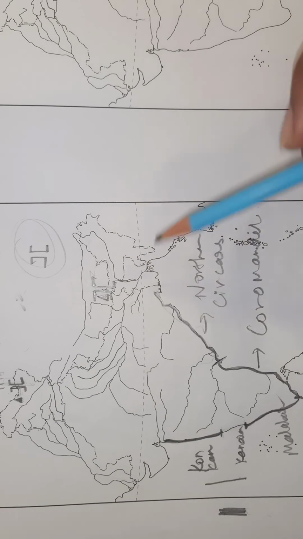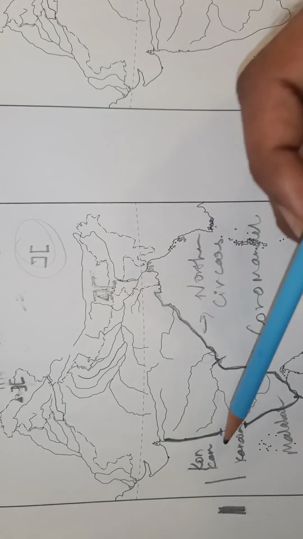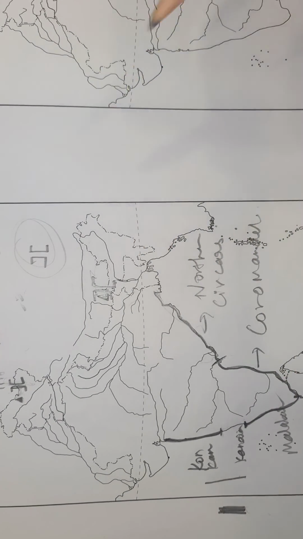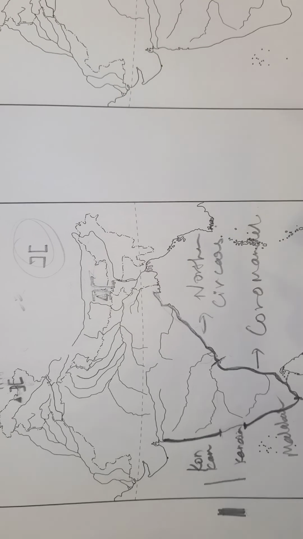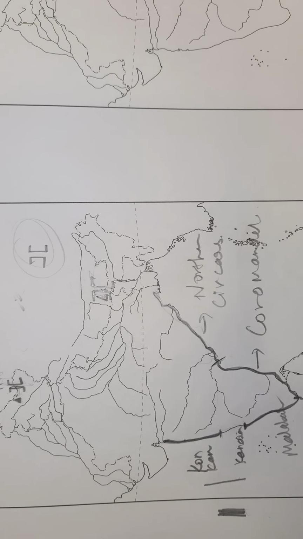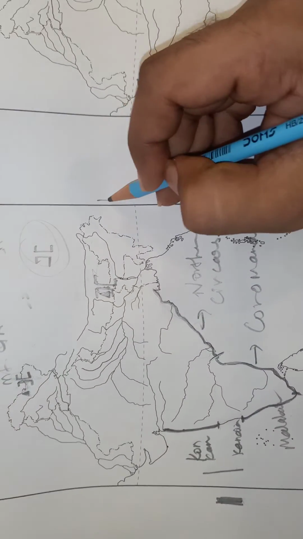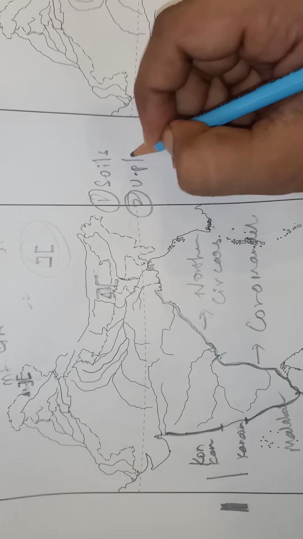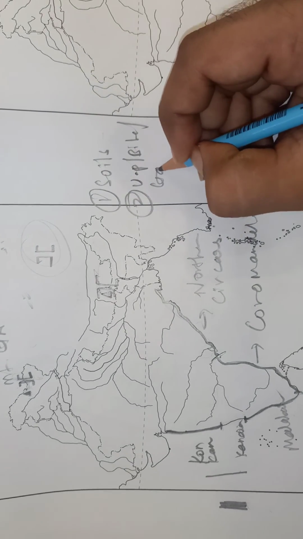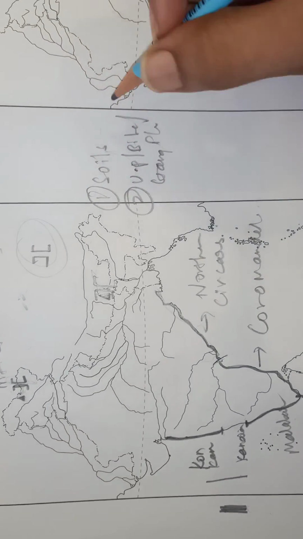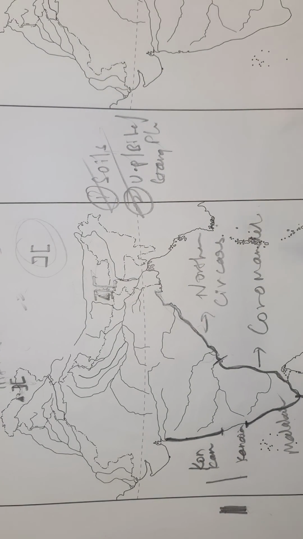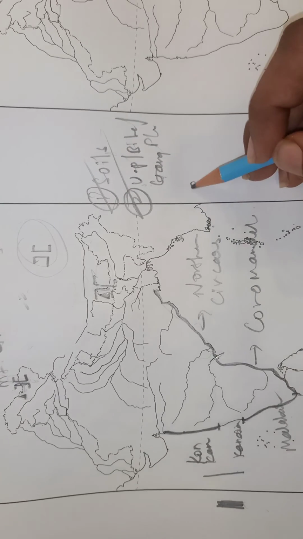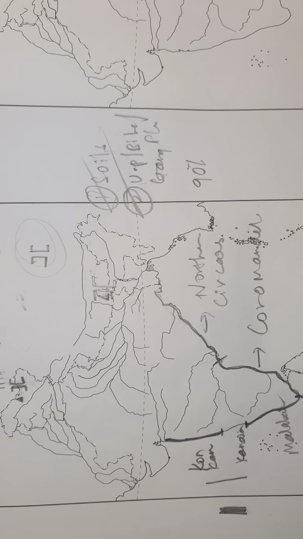So again we have completed 8 things: 1, 2, 3, 4, Konkan, Kanara, Malabar, Coromandel, and the Northern Circars. 9 things we have completed over here. So we have completed the maps of India. Only 2 things are left. First is soils of India and next is how to mark UP, Bihar and the Gangetic Plain. These 2 things I'll teach you all when the classes resume, because it's not possible to explain these things on the video. So we have completed almost 90% of the map markings of India.